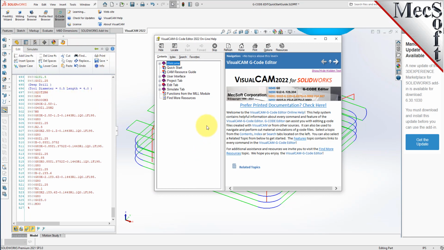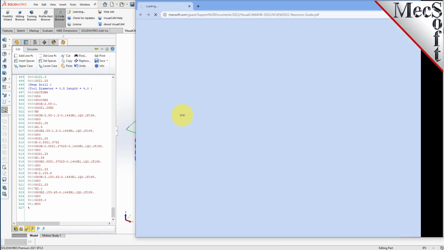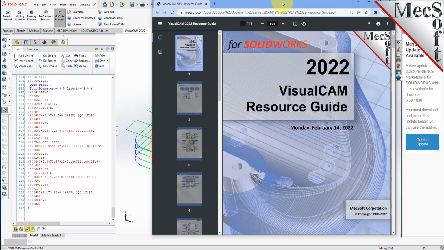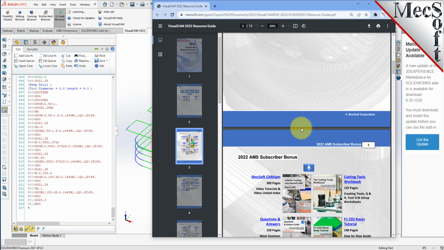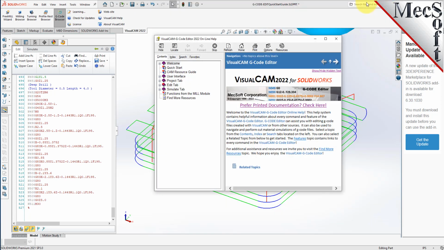You have access to printed documentation if you prefer to look at a PDF document and print it out versus looking at the online help, because sometimes it can be a little different to find and read information from the online help system. So all you've got to do is go to the main welcome page, and there's a link right at the top that says Prefer Printed Documentation. Click here,